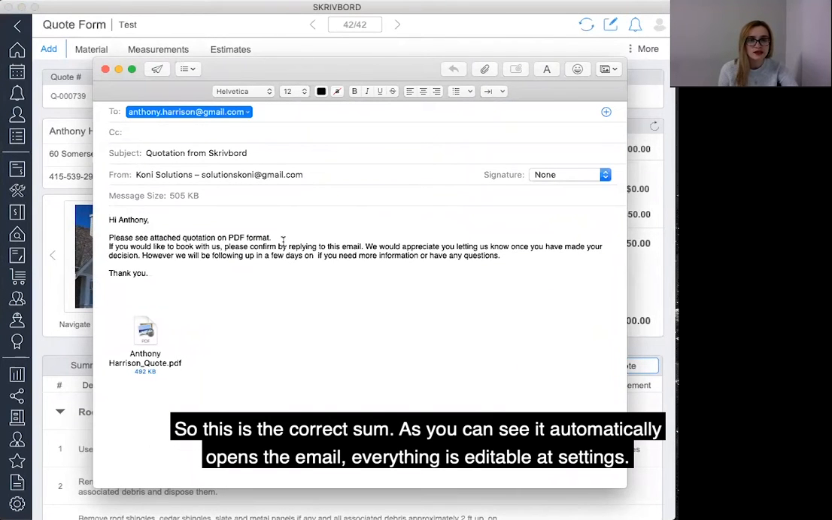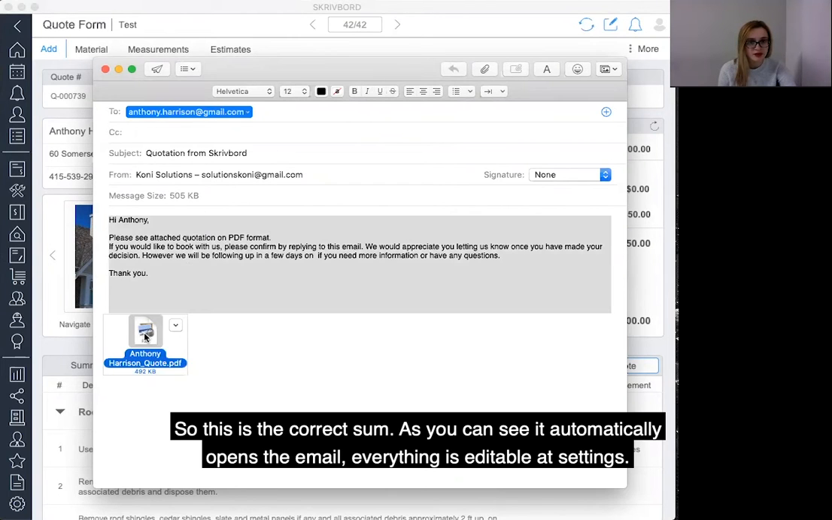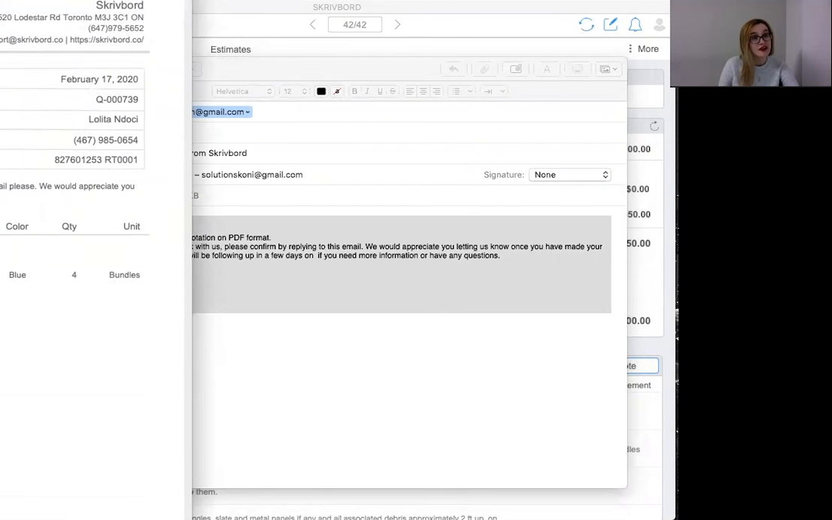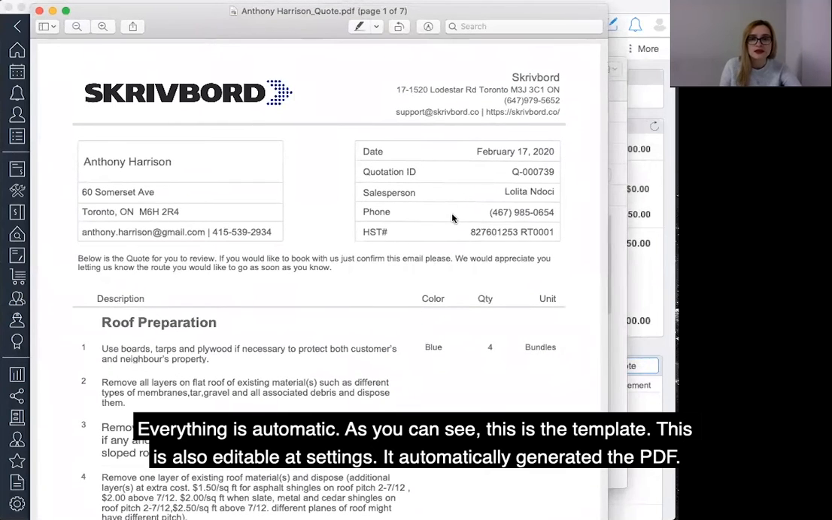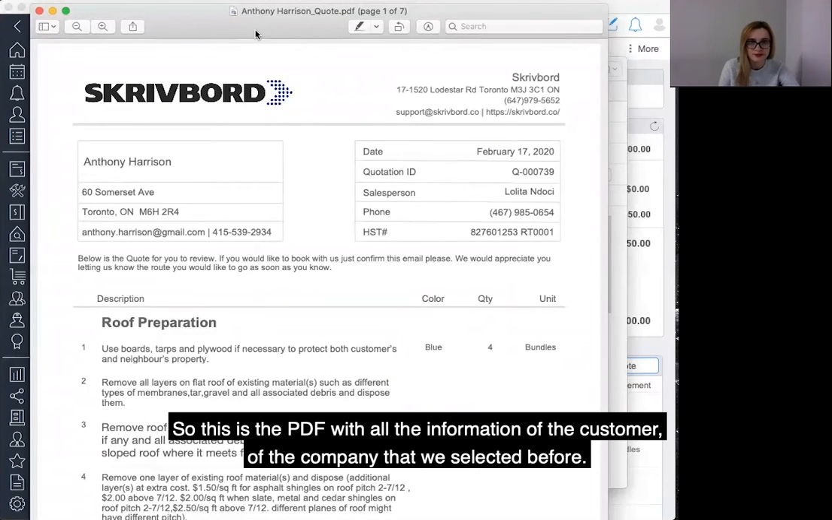Okay, as you can see, it automatically opens the email. Everything is editable at settings. Everything is automatic. As you can see, this is the template. This is also editable at settings. It automatically generated the PDF. So this is the PDF